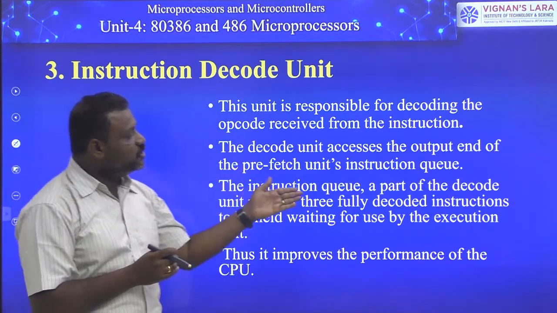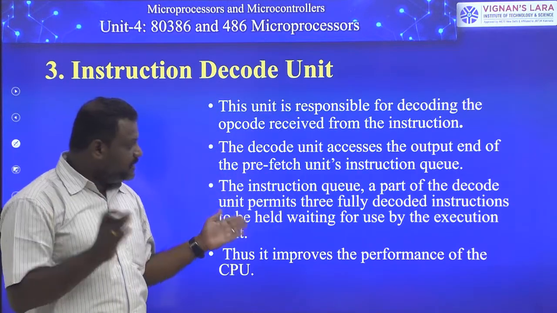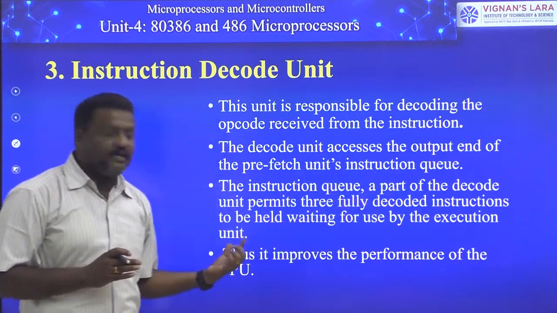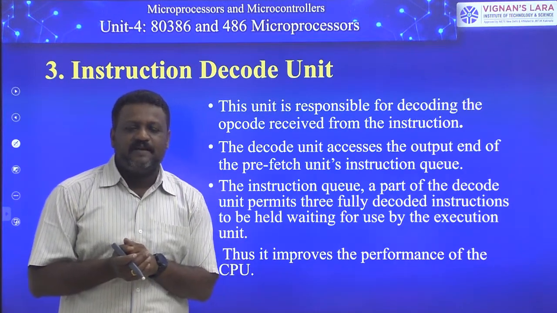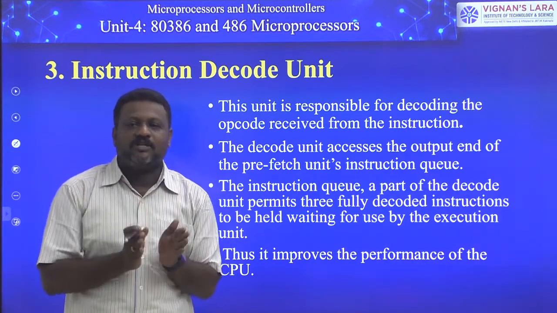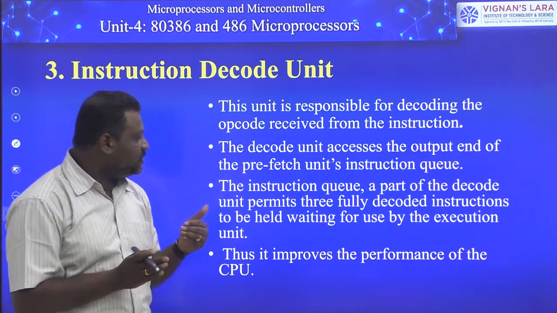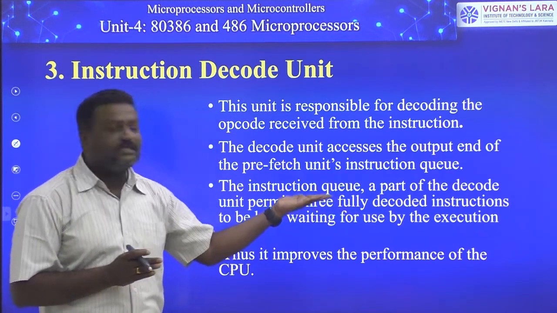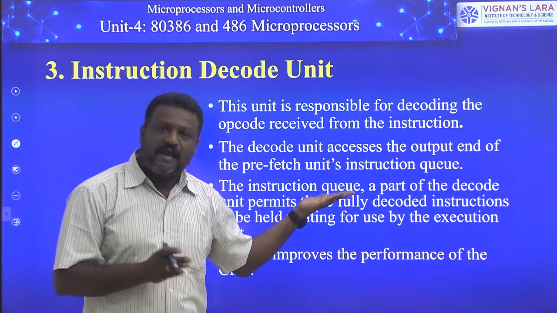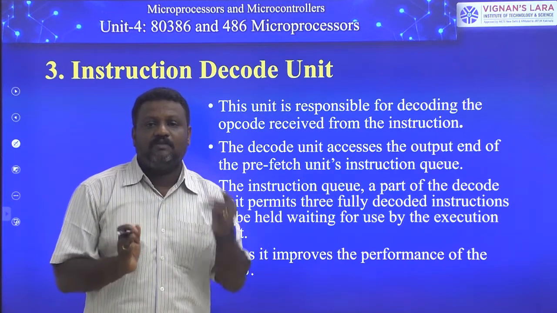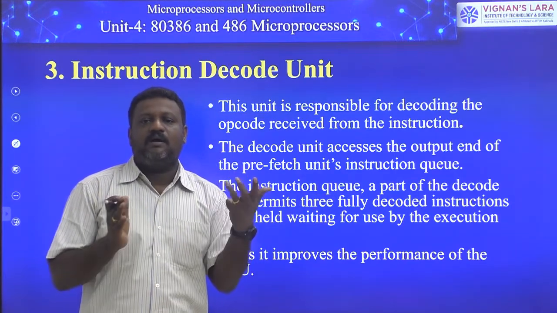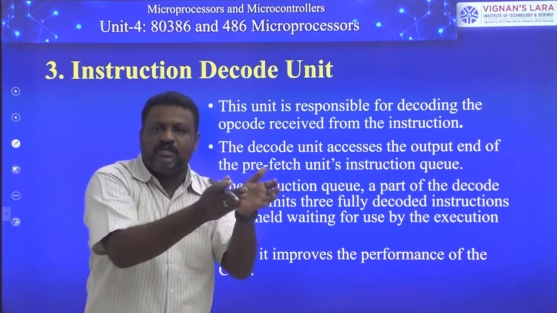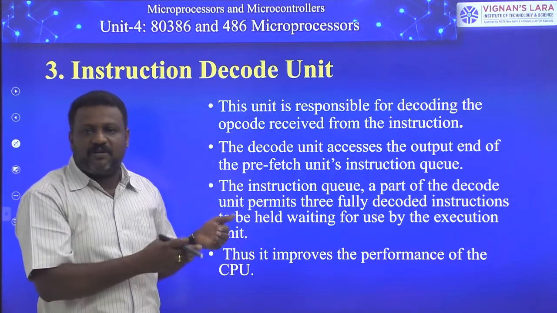Next, the instruction queue, a part of the decoding unit, permits 3 fully decoded instructions to be held waiting for use by the execution unit. So the important thing is this instruction decoding unit also contains a 3-stage or 3 fully decoded instruction queue. So the instruction decode unit has a queue. That queue can hold 3 decoded instructions. All the instructions stored in that queue are decoded instructions, supplied one by one